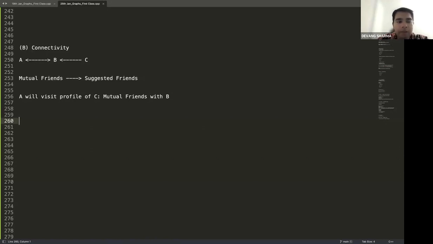So you create a mapping in the sense you just go over the vertex and you check if there is any common vertex between you two. So you go to all the edges and compare if there's any common vertex, and that's how you can suggest the mutual friends. Last and the important use case, which is